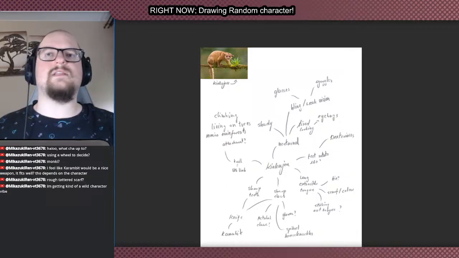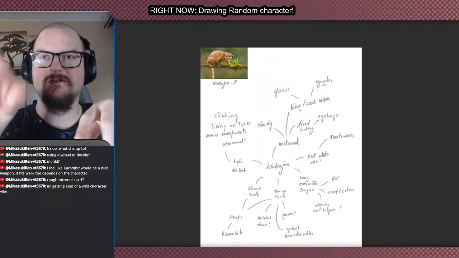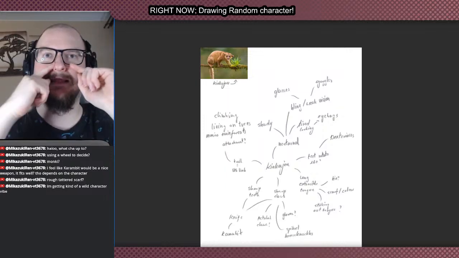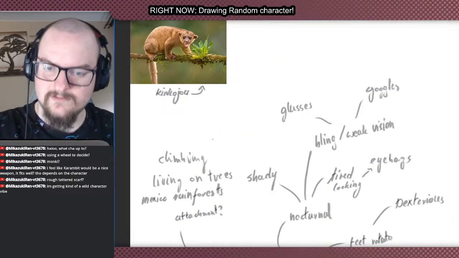Male, female. Let's randomize. The wheel of fortune is going, and it landed on male. Okay. So a male